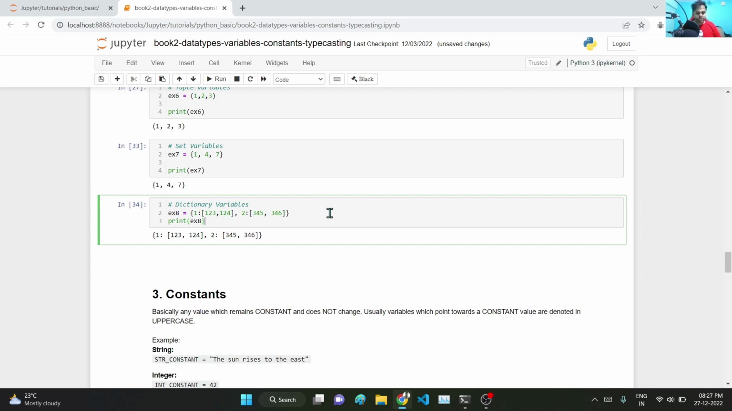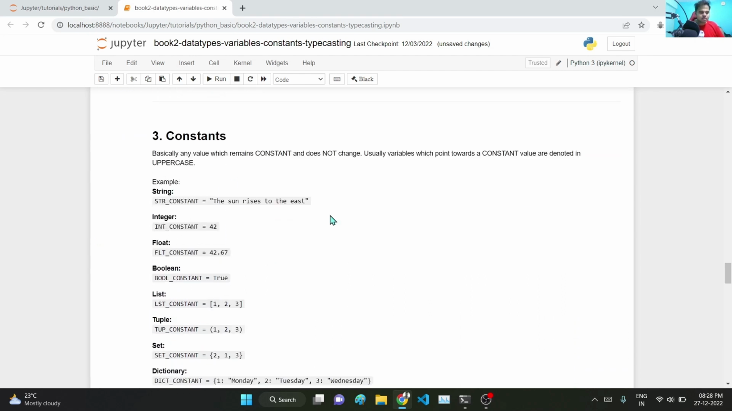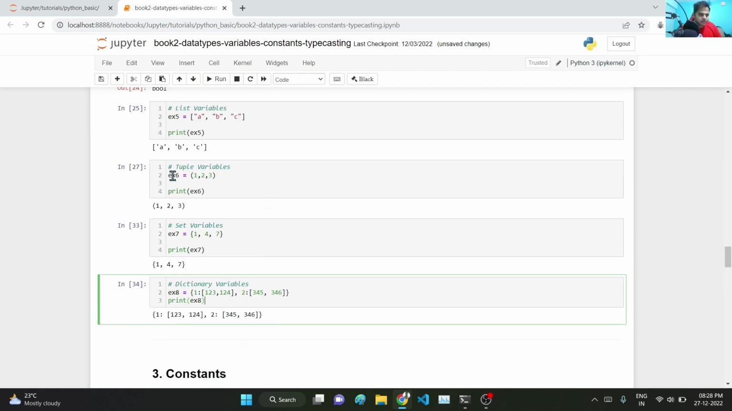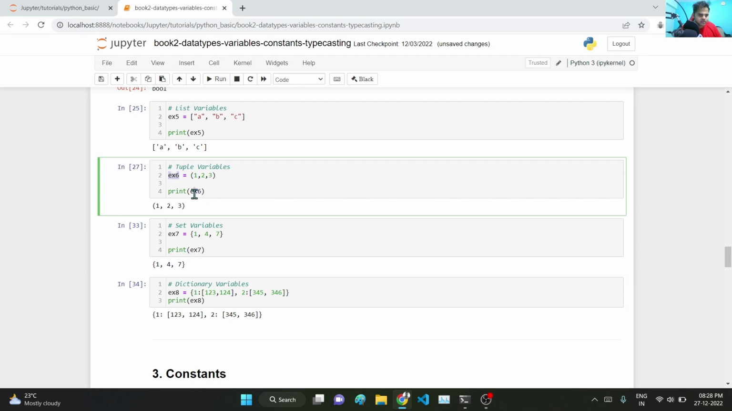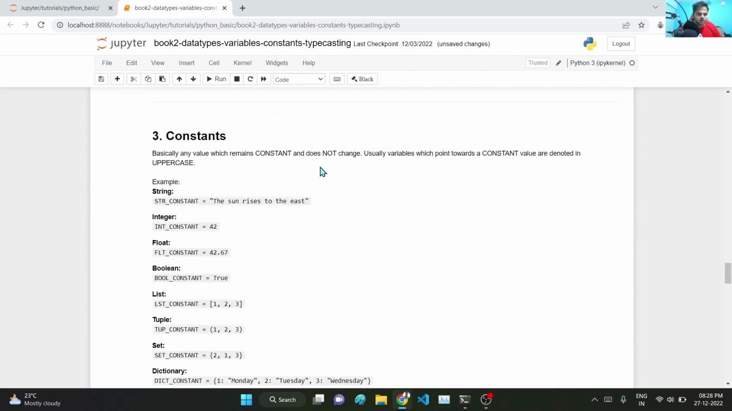Next we come to constants. Constants are basically similar to variables. The only difference is variables may change down the line in your code, constants remain the same. As per convention, we store variables in small letters and we store constants in block letters. So if you see the examples over here,